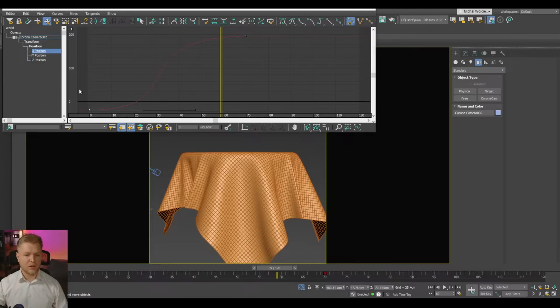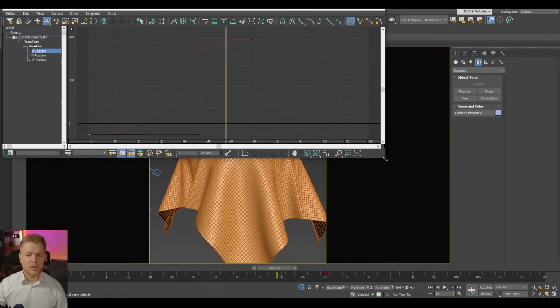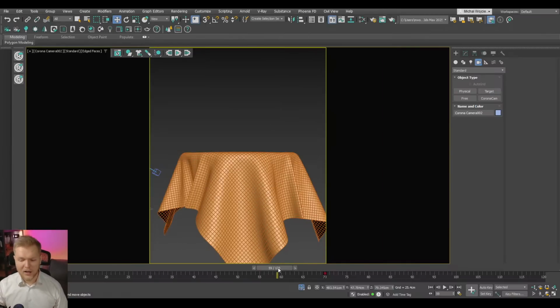So this is from 0 to 200, the movement, and this is the time frame. So we go for low values, low values, low values, high values, low values, low values, low values, low values. So this is pretty much how you can work with curves, but that is going to be more, we go